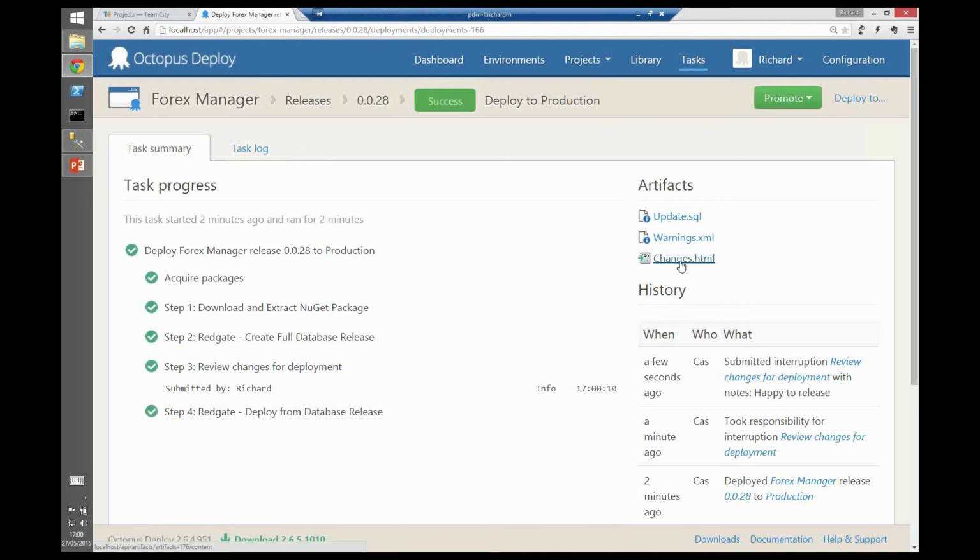One other thing worth mentioning, an extra piece of protection that the Redgate tooling gives you at this stage, is to protect you from drift during deployment. It has those snapshots of the target states that are created in the create database release step, and it's going to check those again when it does the deployment. So if there has been a hotfix applied in the intervening space,